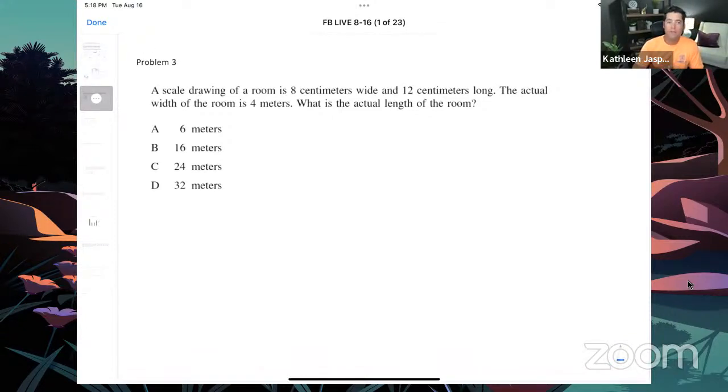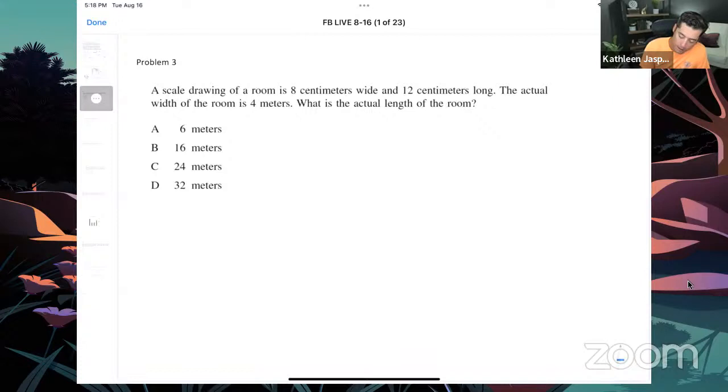Next problem, we have a scale drawing of a room is 8 centimeters wide and 12 centimeters long. The actual width of the room is 4 meters. What is the actual length of the room? So here's an interesting one, because if they're similar, right? The scalar is the actual width. Well, it's a scale drawing. A lot of us would say, okay, I've got